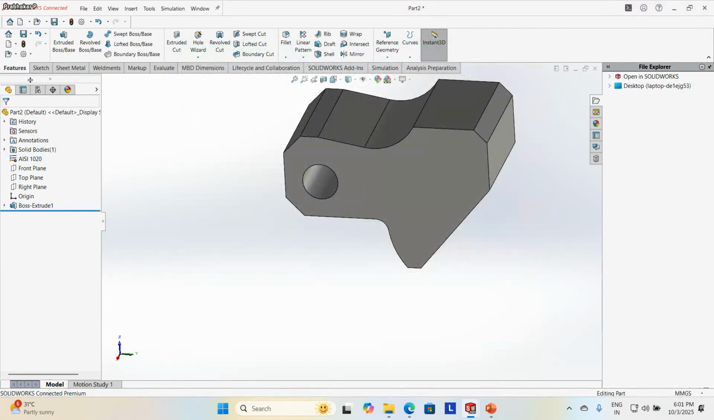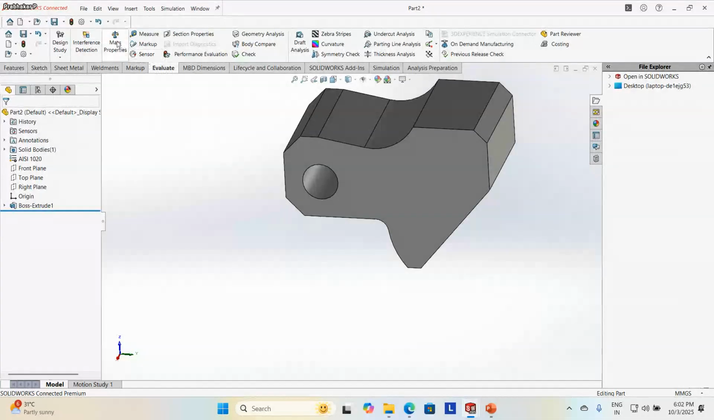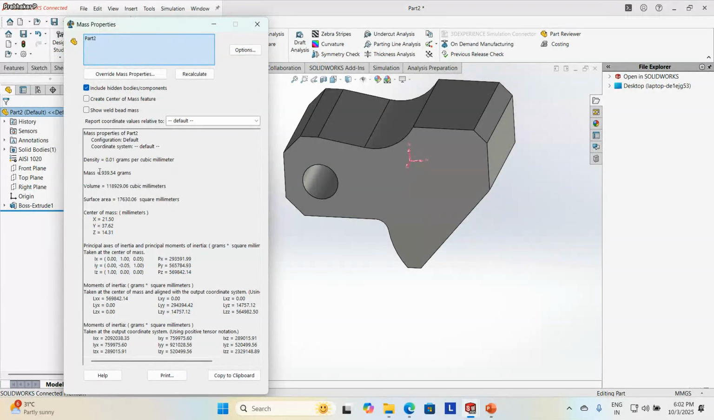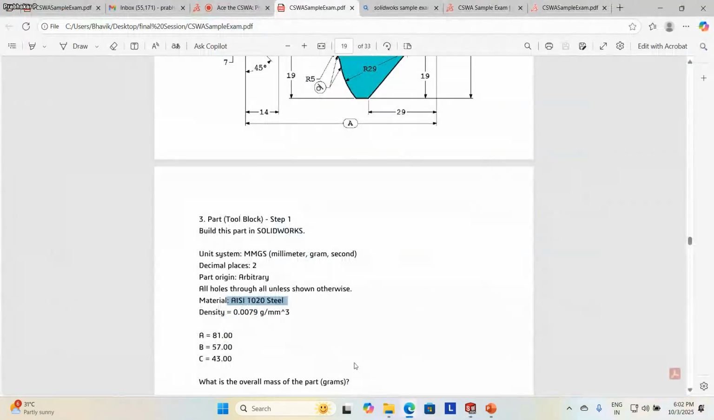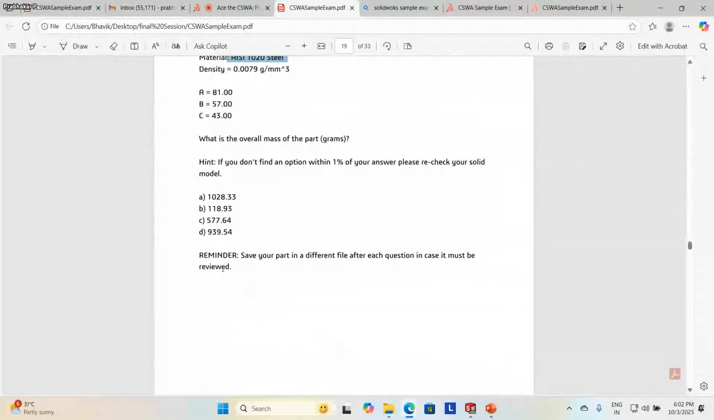Then finally, you go to evaluate mass property. You can find the mass, and they have asked that after 2 decimals you have to enter. So 939.54. There are some options A, B, C, D. 4 options were given. Out of that, D will be the right option. That's what you have to select as your answer. This is how you have to do the